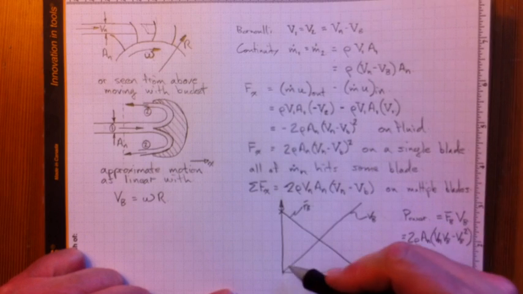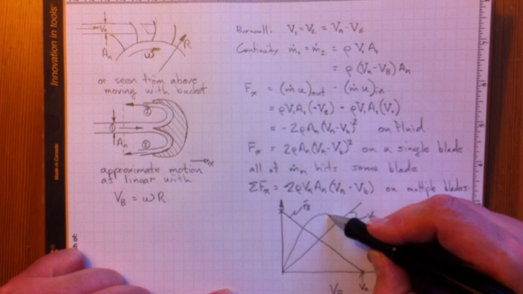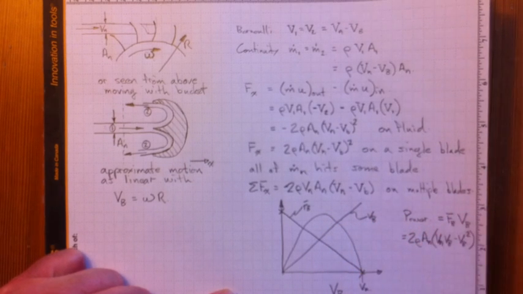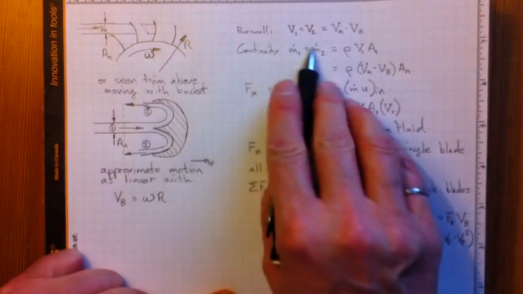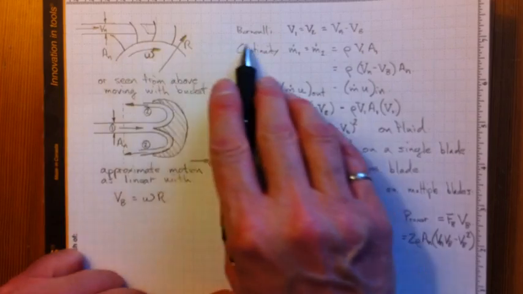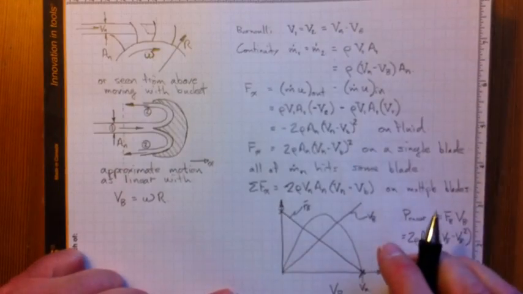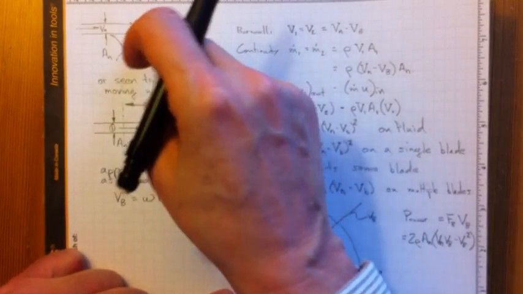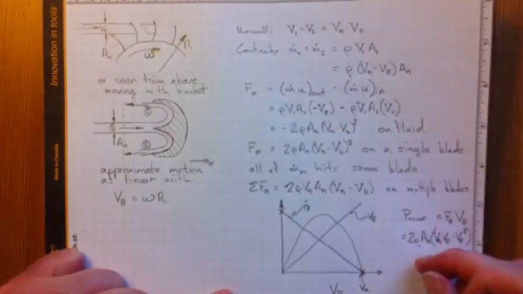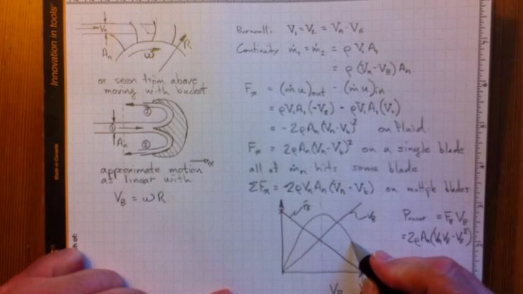And that will be a parabola that goes up, has a maximum right there in the middle, and then comes back down again. So there's no power delivered to the blade if the blade is freewheeling at the same speed as the nozzle. If the blades are just whizzing by at the same speed as the water coming out of the nozzle, the water doesn't do any work on them. It's just pinwheeling and spinning around like that. On the other hand, if the blades are locked still, the water doesn't do any work on the blades because there's no motion. Right in the middle is where we get the maximum power